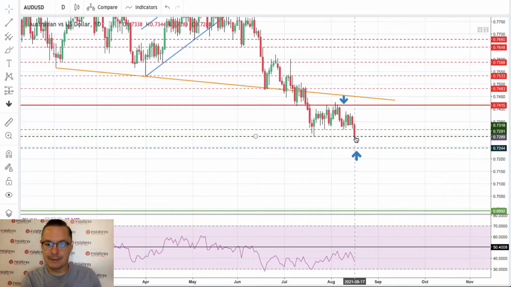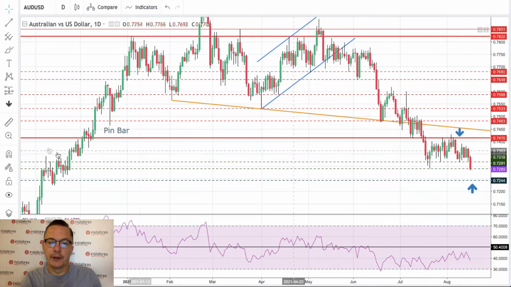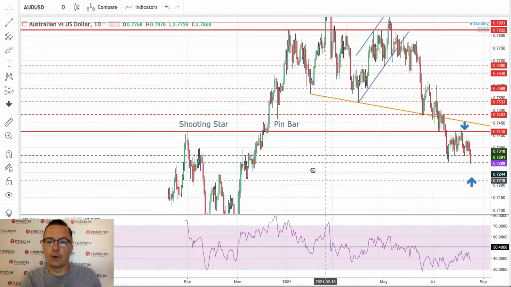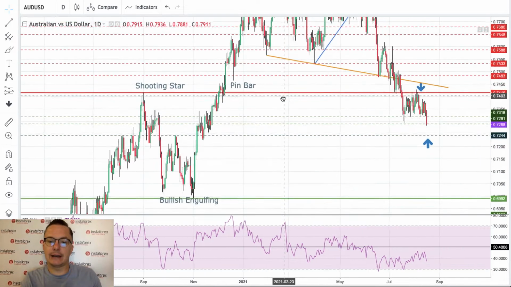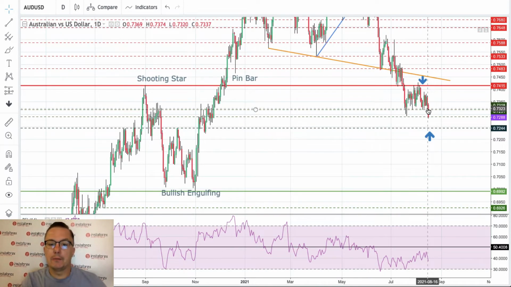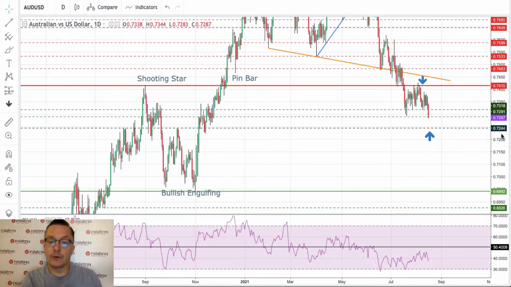It's being tested right now, and the ultimate target for now is 7,244, which is the technical support from last year, the middle of November. This is no good for bulls. Our head and shoulders pattern is working very well. Targets are being hit, but it looks like the market wants to go a little bit lower, even towards 7,244. But if this level is clearly violated, then we don't have any significant support until, let's say,